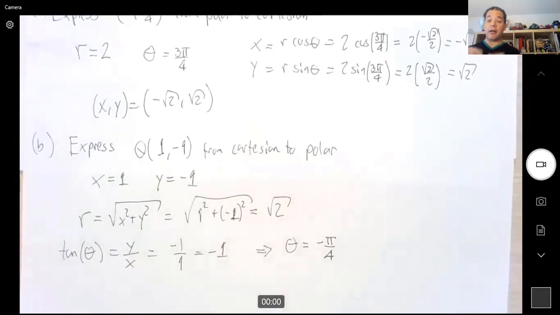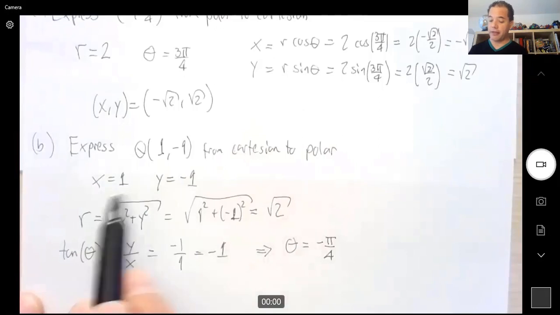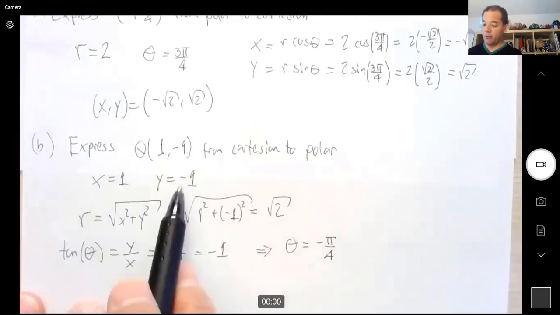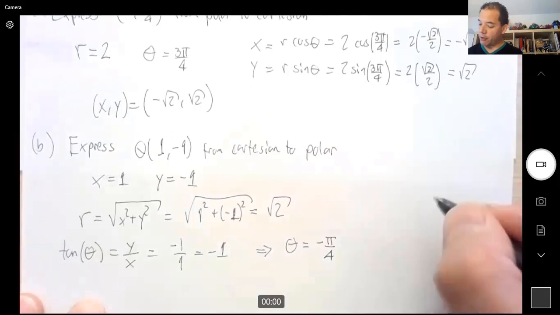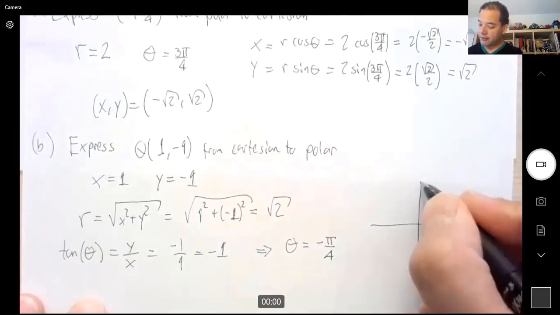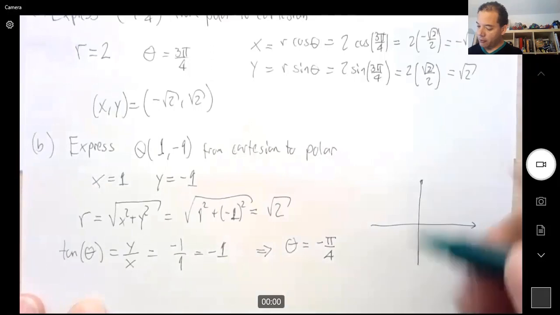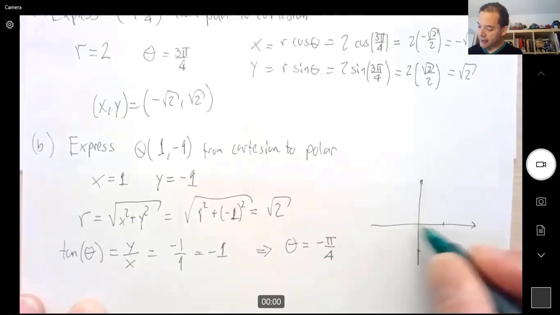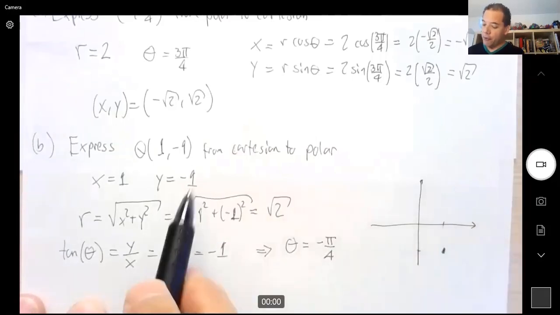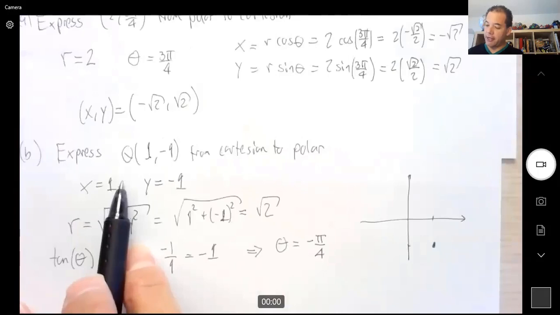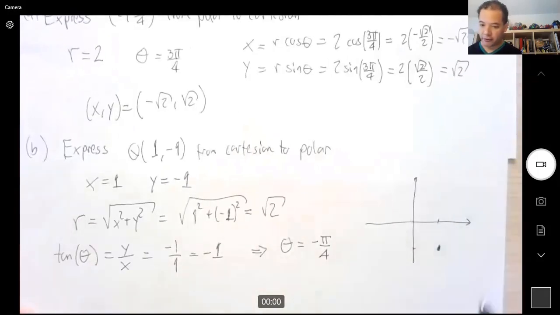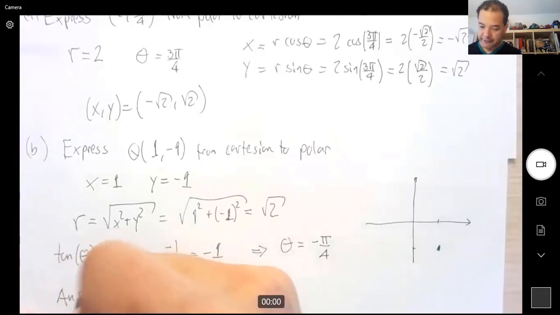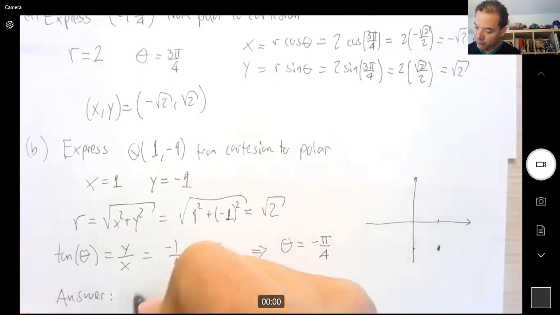But it could be also depending on where the quadrant is, right? So that's what I was telling you here. Where is this point, x equals 1, y equals -1? Let's try to draw it, right? It's x comma 1, y -1, so it's in the fourth quadrant. So that's perfect, it's -pi/4. But if we had done x -1, so if we had switched it, well, I'll do it in a moment. Okay, so this one is good. So here, -pi/4 works. So the answer is √2,